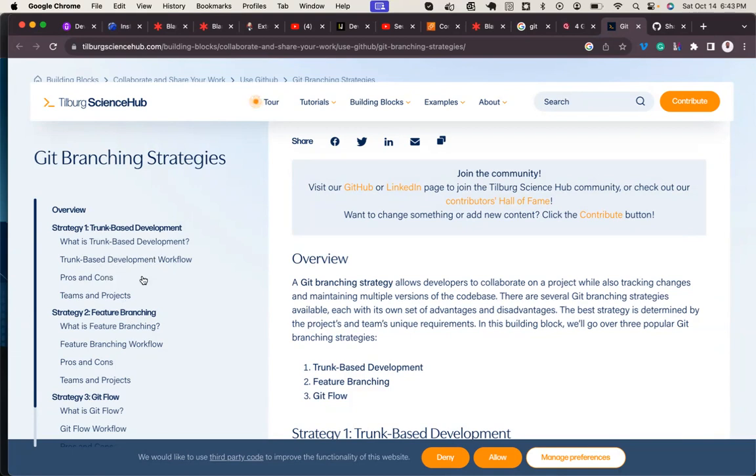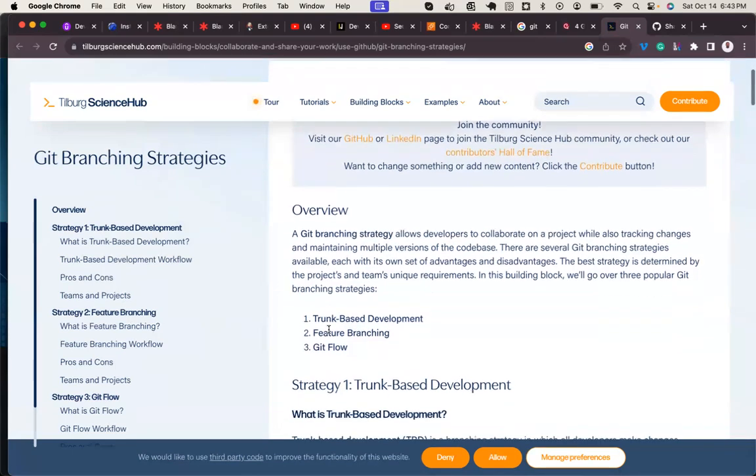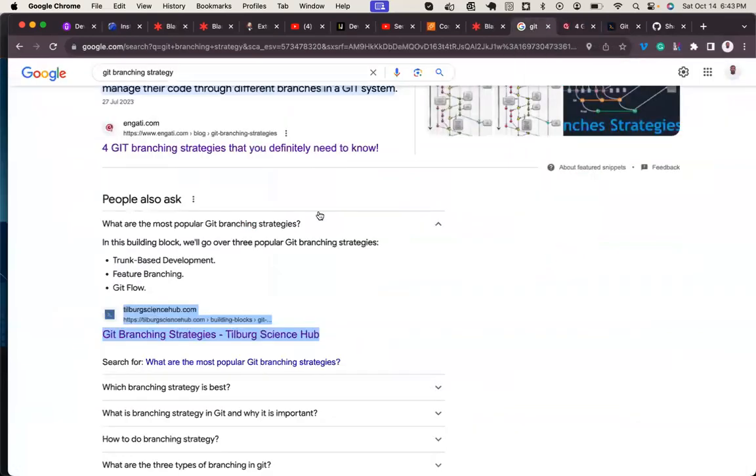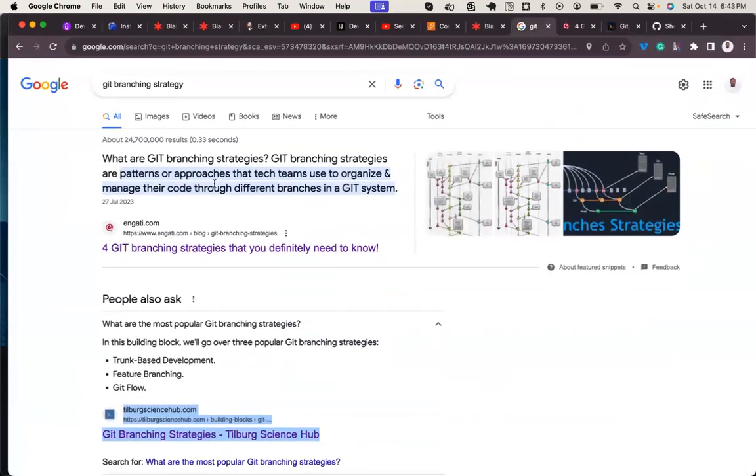Now let's check. Git branching strategy allows developers to collaborate on a project while also tracking changes and maintaining multiple versions of a code base. This one says it differently: an approach for managing or organizing your code through different branches.